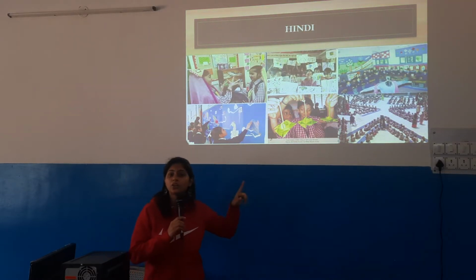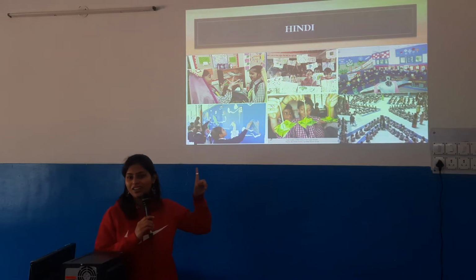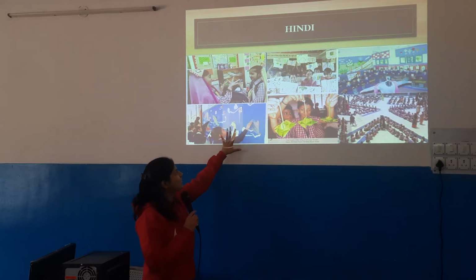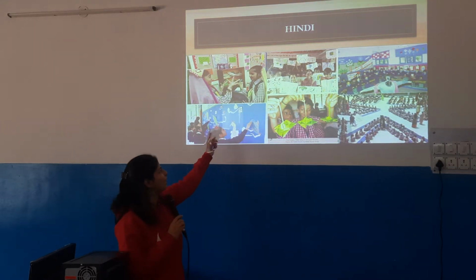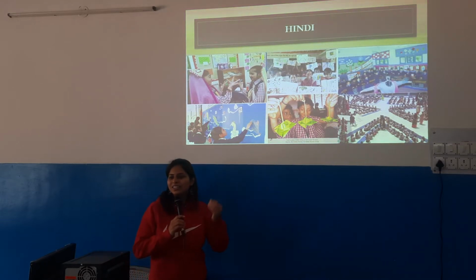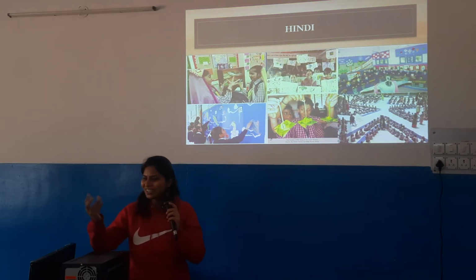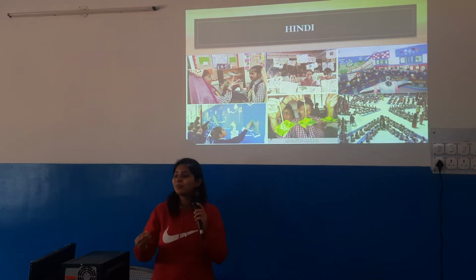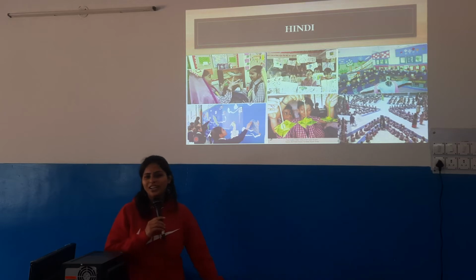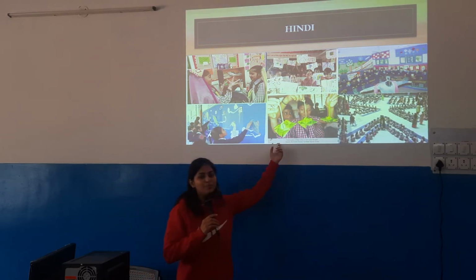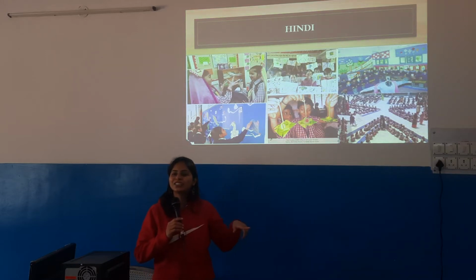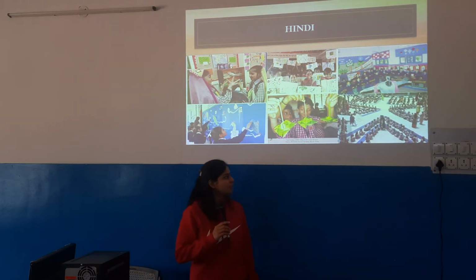Fourth is again the continuation of the story wall. This is the story in Hindi. In this chapter, Chidiya Ka Ghosla was the chapter name, and they have well presented their idea over here. Each child is preparing or presenting different forms of birds, different forms of nests, different forms of baby birds, presenting their idea and making their own story. And they are going to present it, and this is the picture, the continuation. Fifth slide shows how they are presenting the entire story at the end of the week.